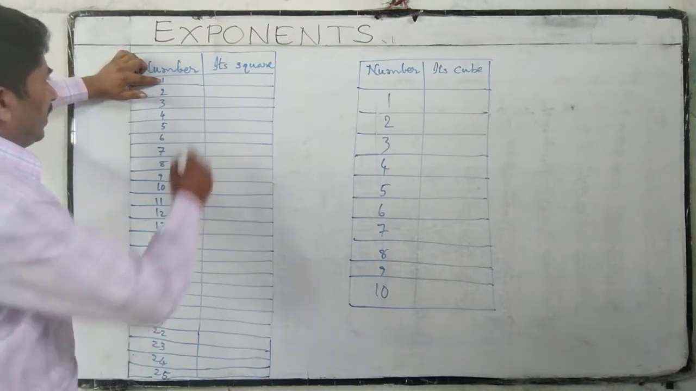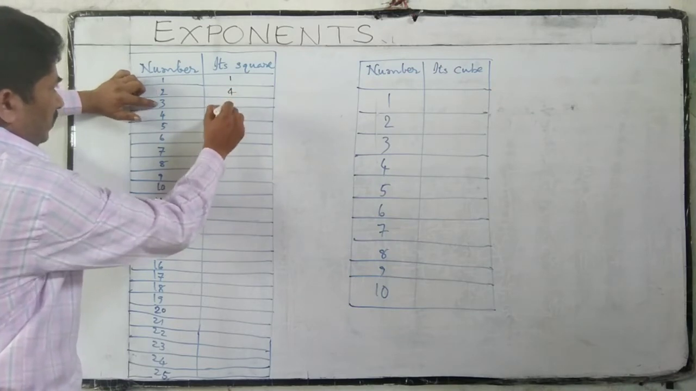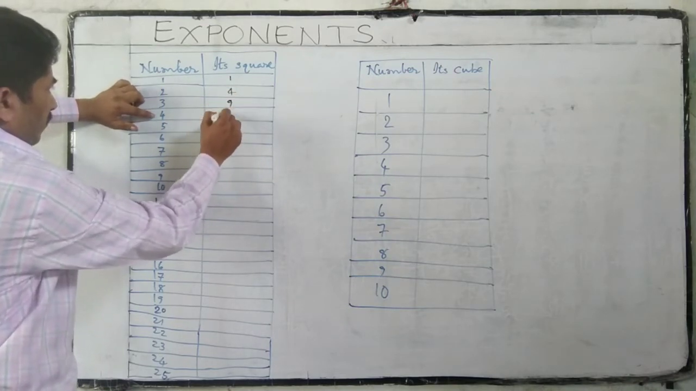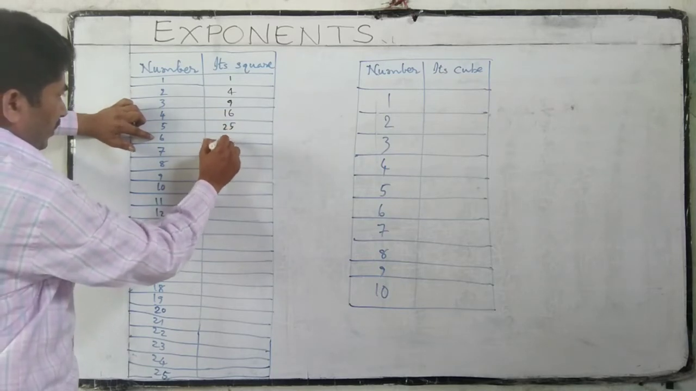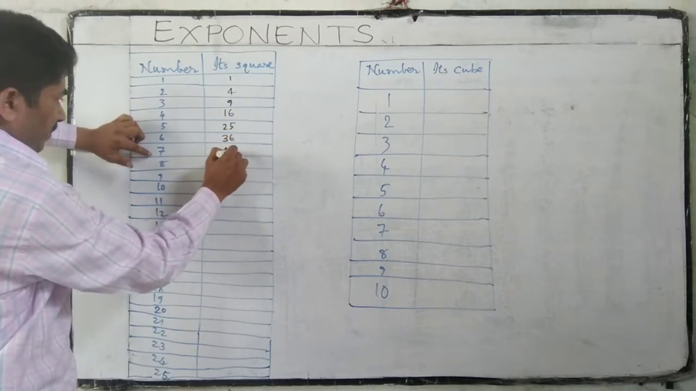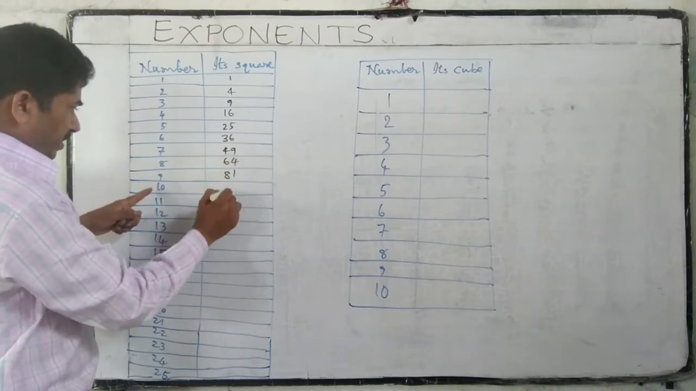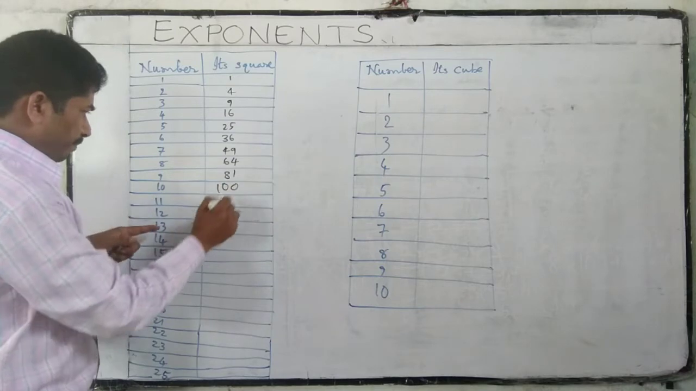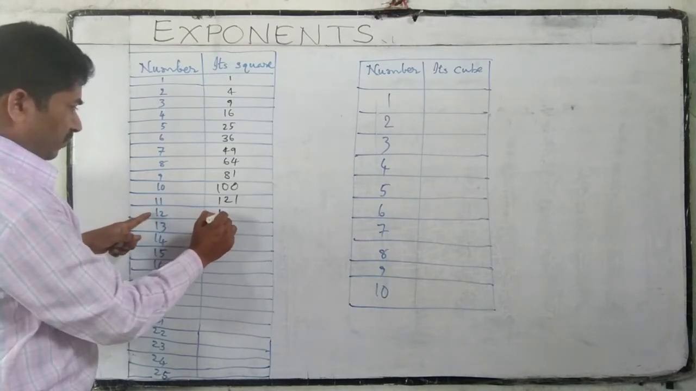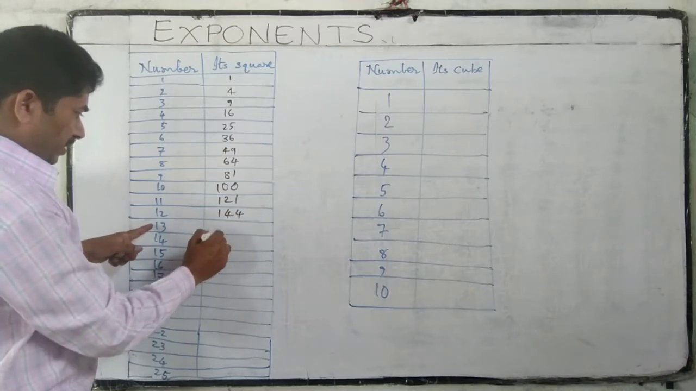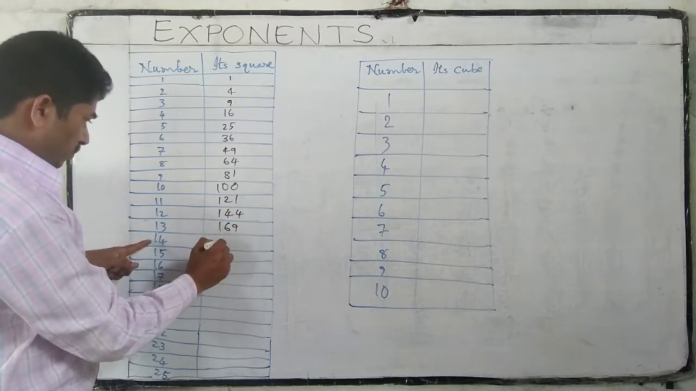Square of 1, 1 one is 1. Square of 2, 2 twos are 4, 3 threes are 9, 4 fours are 16, 5 fives are 25, 6 sixes are 36, 7 sevens are 49, 8 eights are 64, 9 nines are 81, 10 tens are 100, 11 elevens are 121, 12 twelves are 144, 13 thirteens are 169, 14 fourteens are